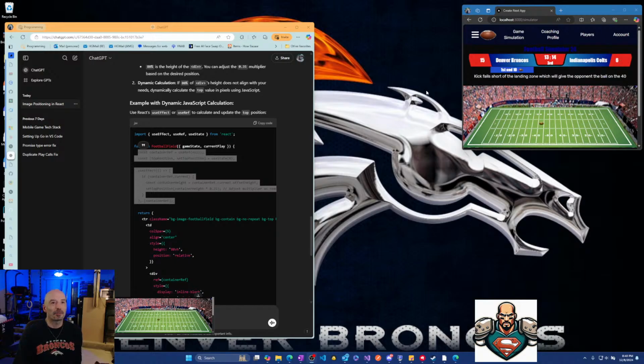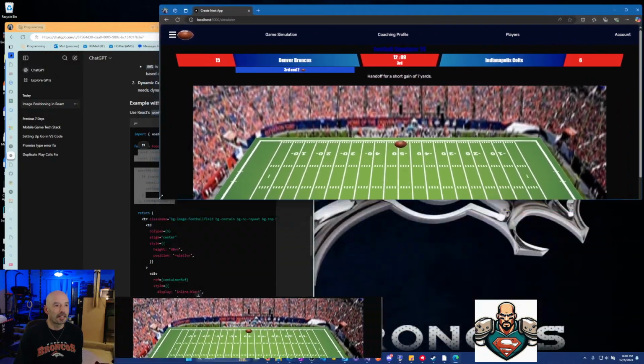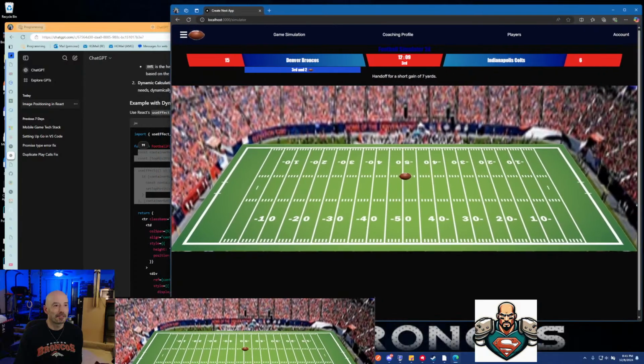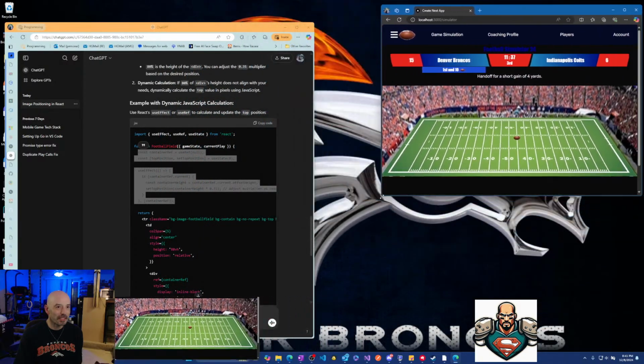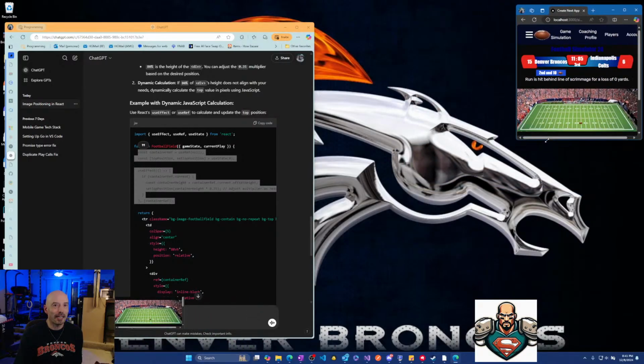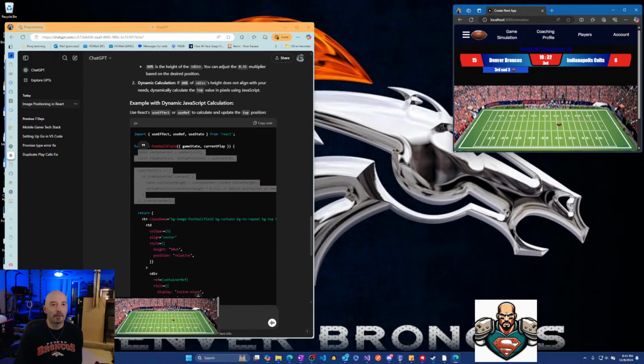And it took a little tweaking to get my football field on it, because the one that was on it obviously had the same resolution. So you can see there's a small issue with the football. The football moves like this. It moves with the height of the screen, which can be a bit much. And I kind of want this as small as the screen goes, which is not too bad, I suppose. But ultimately, I would like